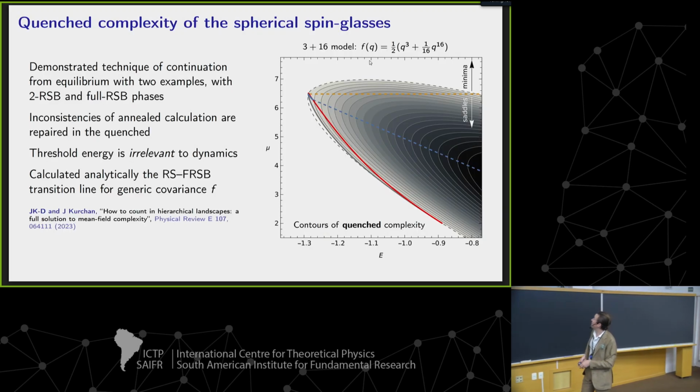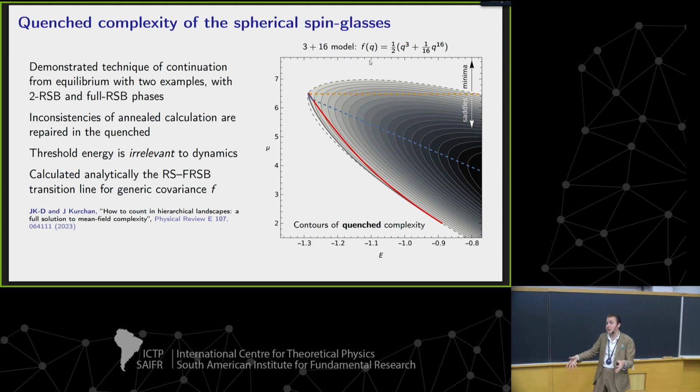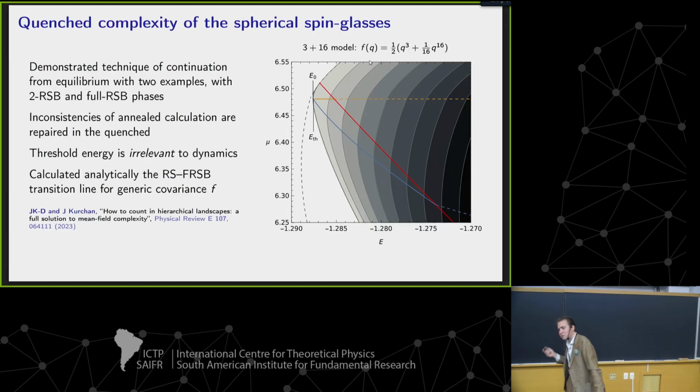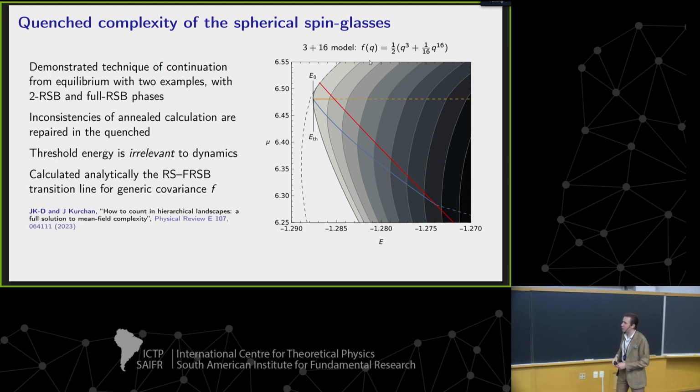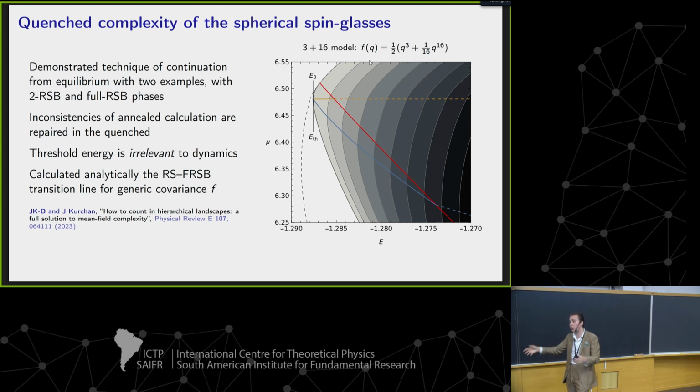When you make this correspondence and you sweep your analytic continuation, you find a region, some types of stationary points in energy and stability, where the annealed complexity is corrected by a new phase. I've drawn here this transition line in red. And if we zoom in on the ground state energy, we see indeed, just barely, it now exists among stable minima. And we have a good prediction for this point. I told you this kind of naive threshold where the population of marginal minima is the dominant population of stationary points. And so a question here is what about the dynamics?